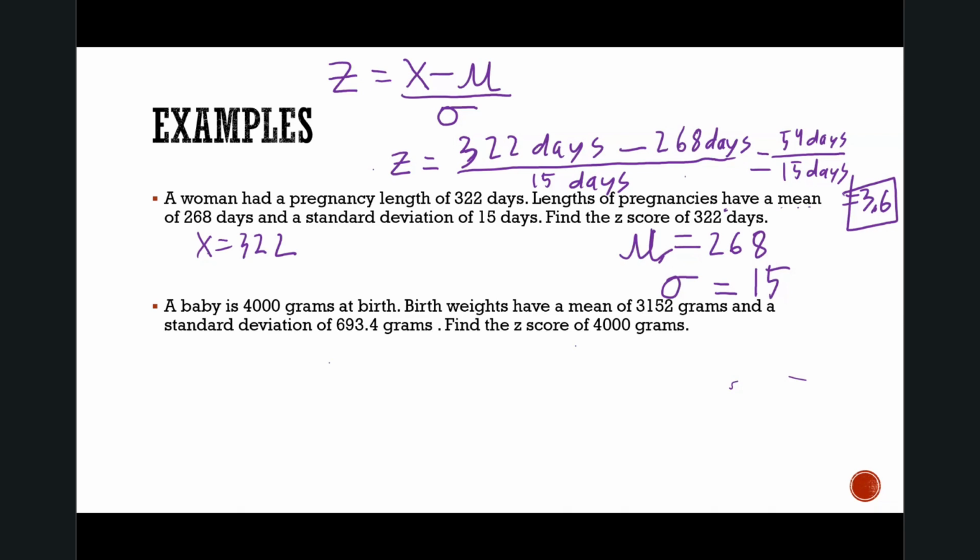Are we kind of getting why z-scores are useful? Because it tells you whether something is exceptionally long, high, or low without knowing anything about it. Let's do the same calculation here. Same thing. X in this case is, for this one,